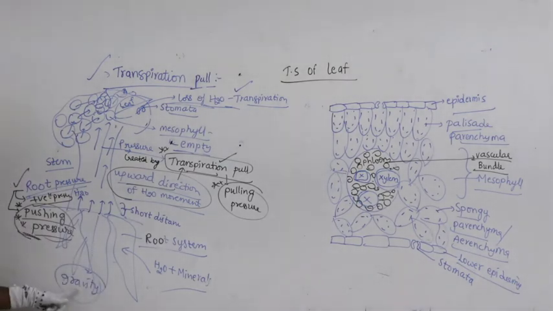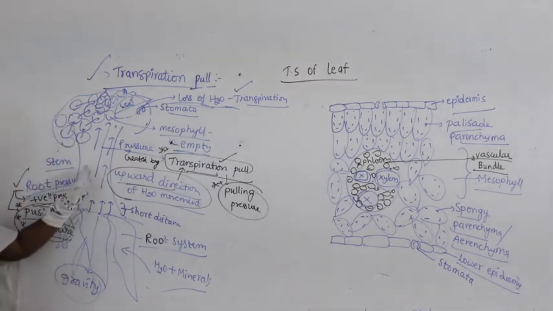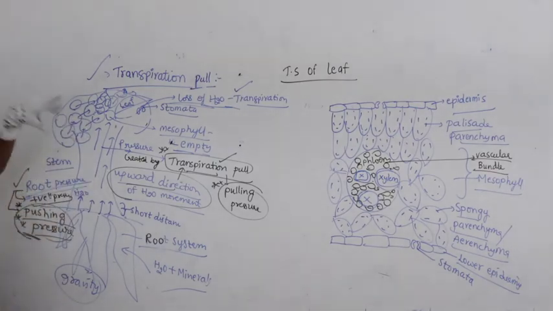What will gravity do? It tries to pull the water downward. At the deeper layers of the soil, what do you find? Gravitational force. Gravity will try to pull the water in a downward direction. If the water has to move in an upward direction against gravitational force, you need to apply more pressure within the shoot. See how wonderful nature is, how it is happening in nature.